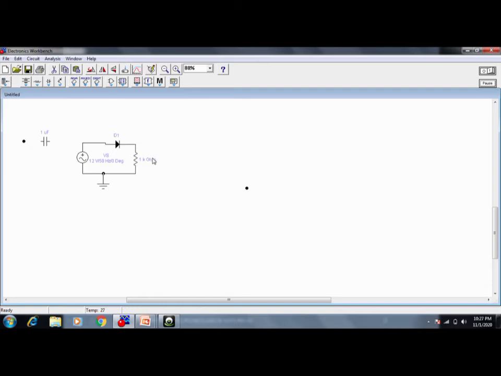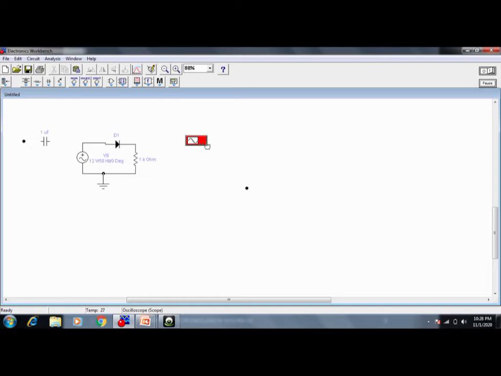Okay, now usually in the lab we connect the multimeter, but today I will show you how the waves of this output look in the CRO. Okay, this is your instrumentation toolbar. Here you are going to see the multimeter, here the function generator, and here the oscilloscope. Let us take the oscilloscope. Select and drag. Okay, and how to use this oscilloscope we have studied in the last video. Those who are unable to see the last video, you can see it once again. I have given the link in the description box.